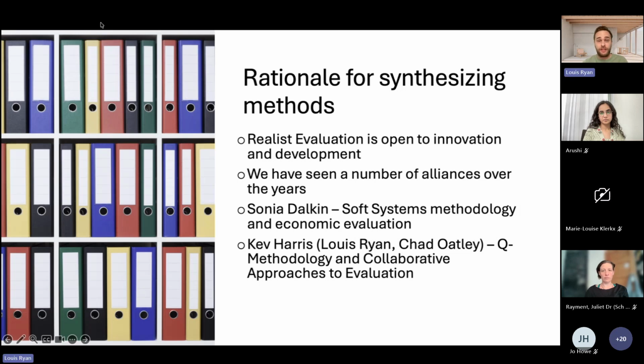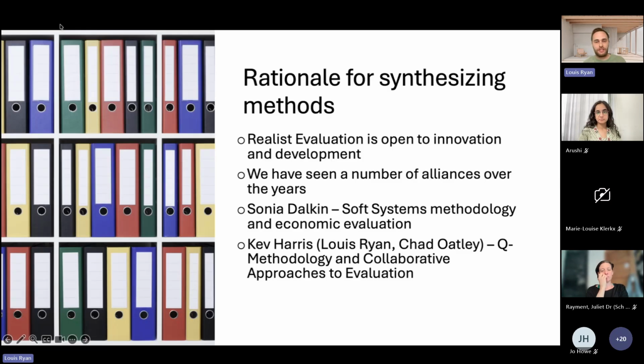We'll talk about that briefly, but the key rationale for how we can bring that together is the fact that realist evaluation is open to innovation and development. I like the word that Kev uses here, the number of alliances over the years.